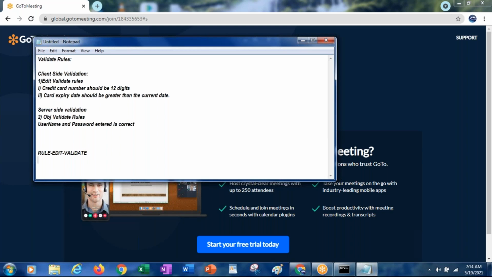For this rule edit validate, we always have to write Java code. So you should have minimum knowledge about Java to write this rule edit validate. Whereas obj validate is completely on the Pega side only.